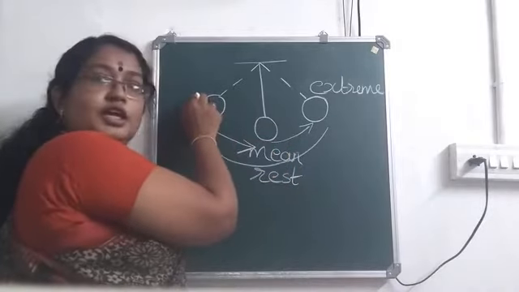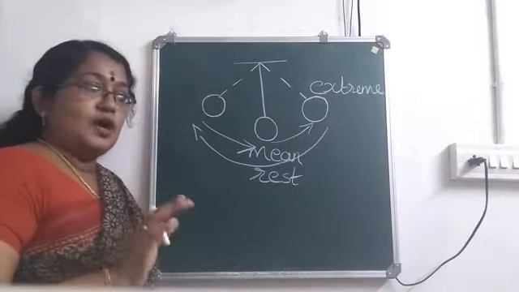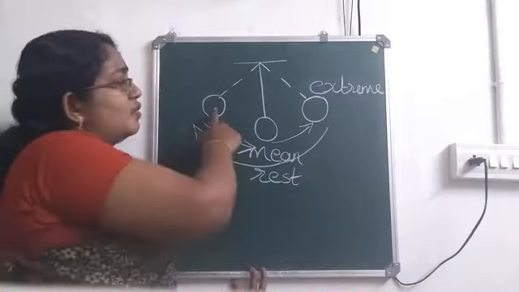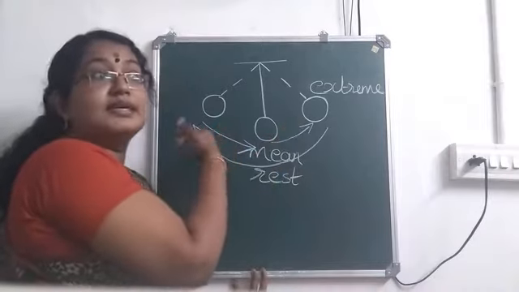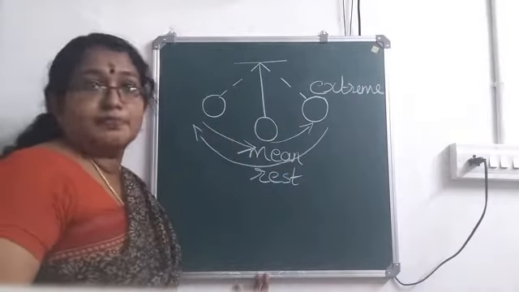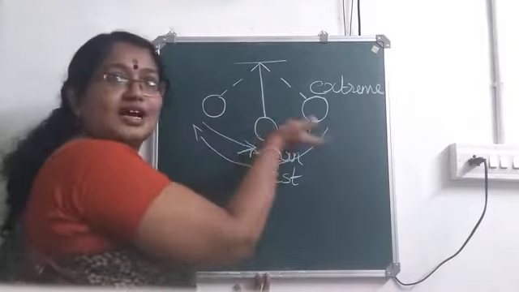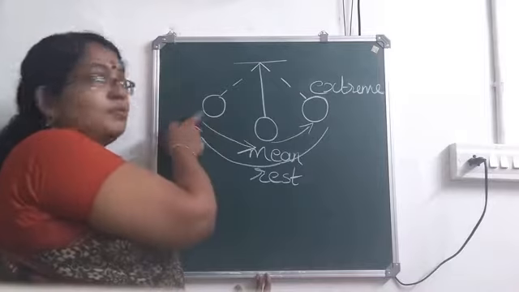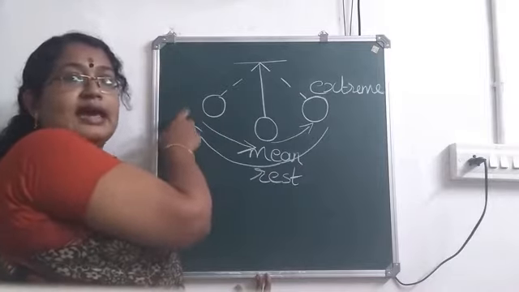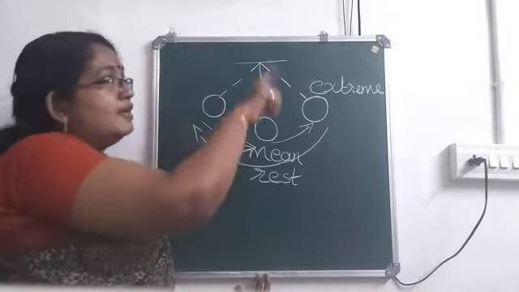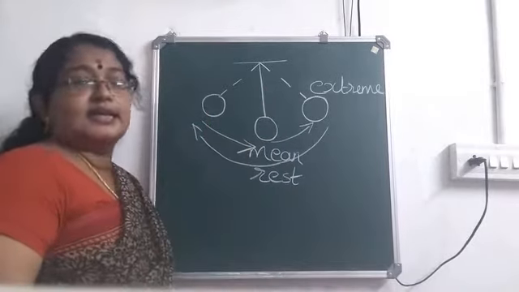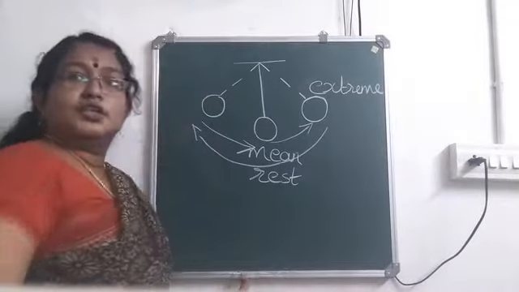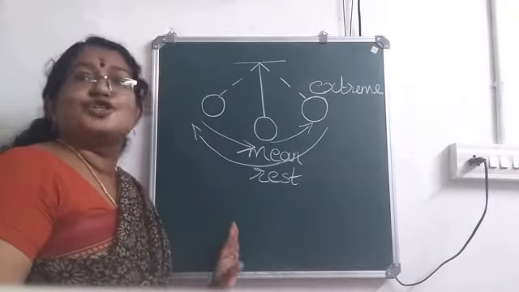At first, rest or mean position means when it is in the center. Now, I am taking it to one side. So, now it is not moving. When it is in the extreme position, we are going to start from this point. That will be easier for the explanation. This is the mean position and these 2 are the extreme positions. Now, I just pulled the bob towards one end and then I am going to release it. So, it will be oscillating, isn't it? Now, when it is taken to this side, at first it is not moving.